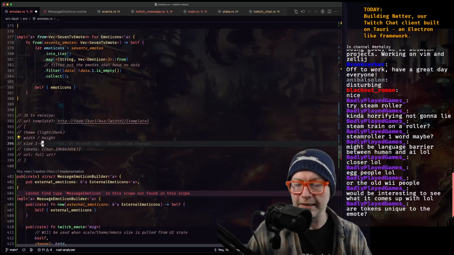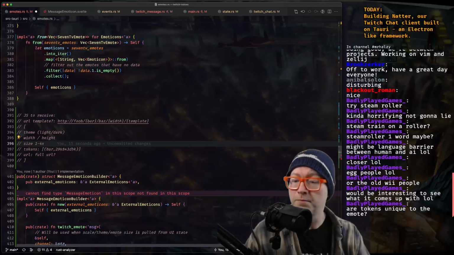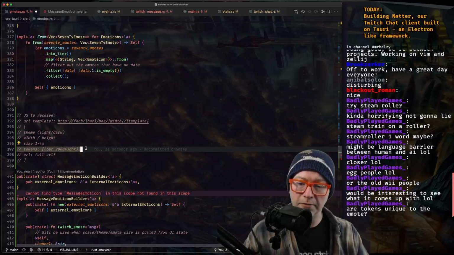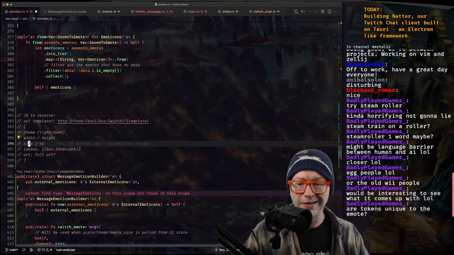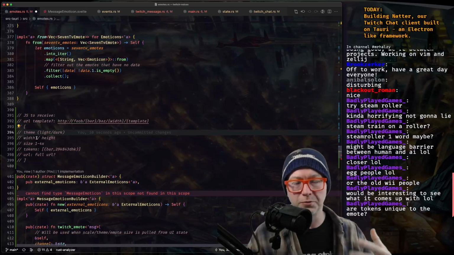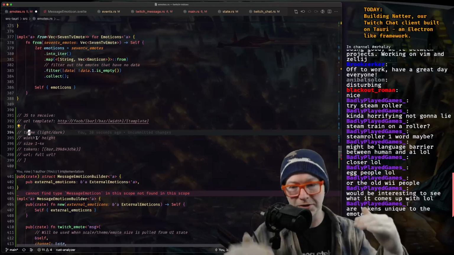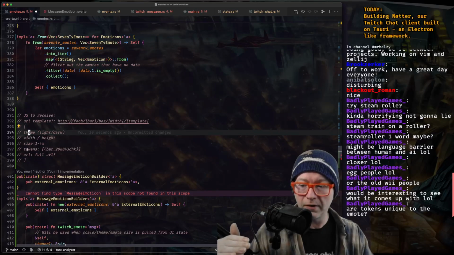These would be things that might differ between 7TV emotes, BetterTTV emotes, and Twitch emotes that would not be consistent between them. Right? These other properties, the size, the width, the theme, we would be able to kind of map each one of these to a size that we determine.